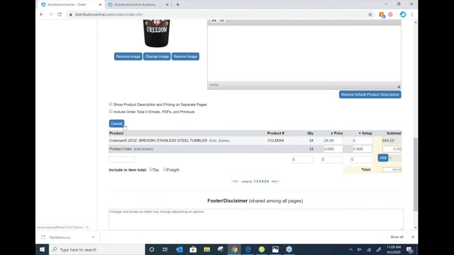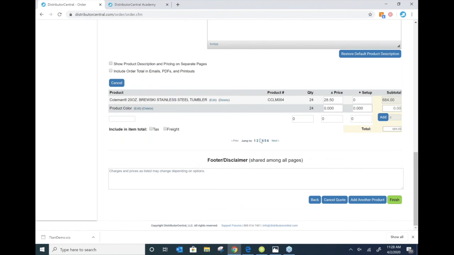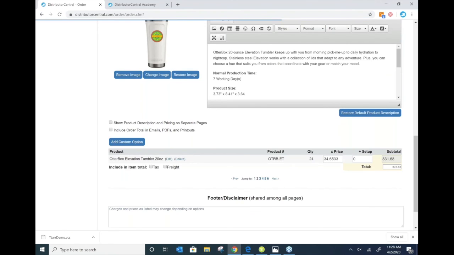I can add a custom option here that might be outside of what the supplier does traditionally in manufacturing, so that my customer can see that information on the same quote. I don't have to send that separate. But I can walk through each one of these items that I want my customer to get more information on. And once I've done this and I've finished my quote